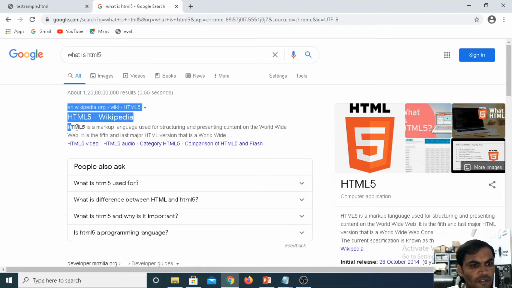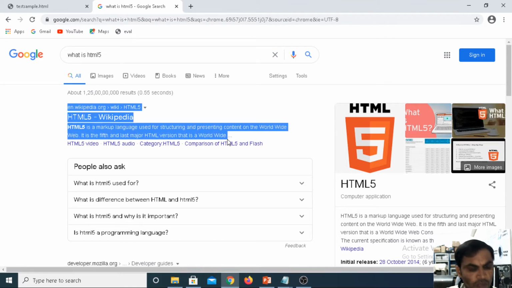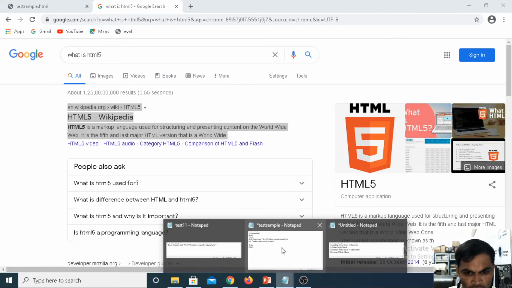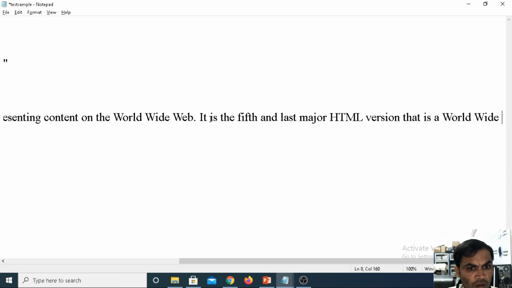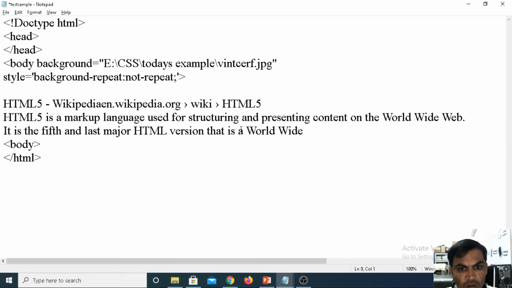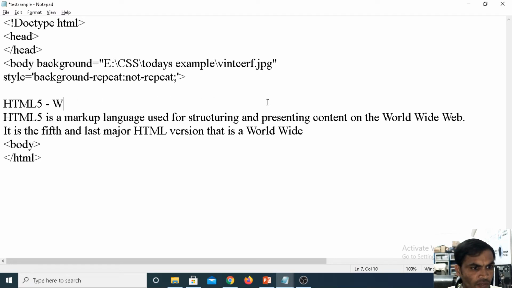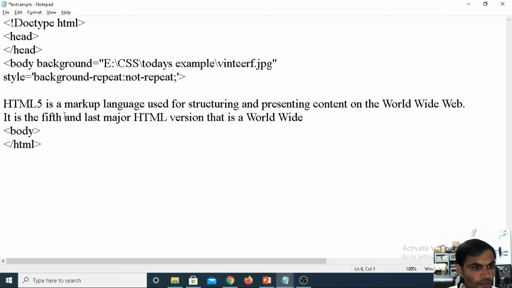This is an HTML file. I am taking the text message. HTML is a markup language used for structuring and presenting the content on the world wide web. HTML5 is the fifth and the latest version of HTML.